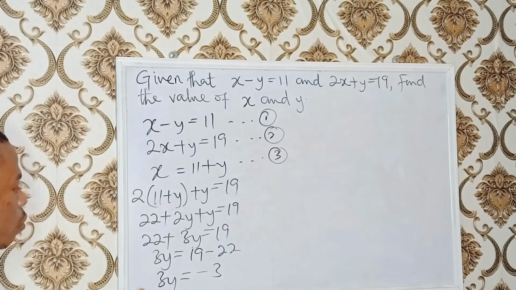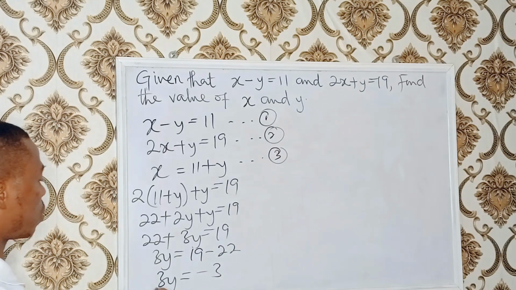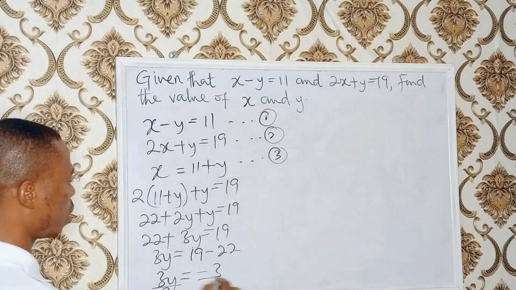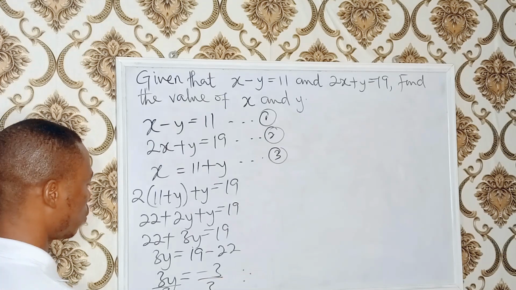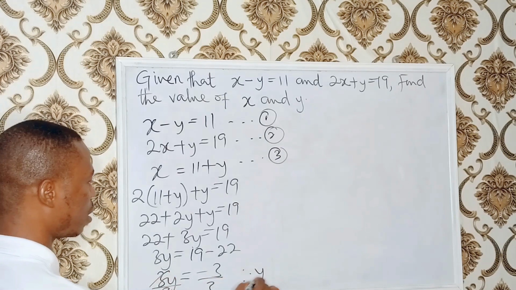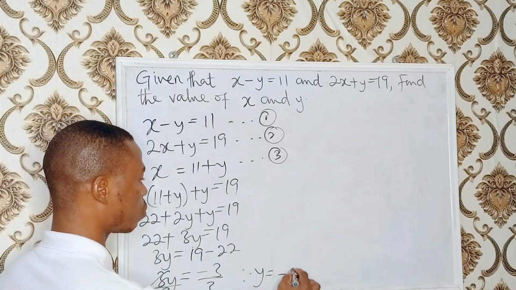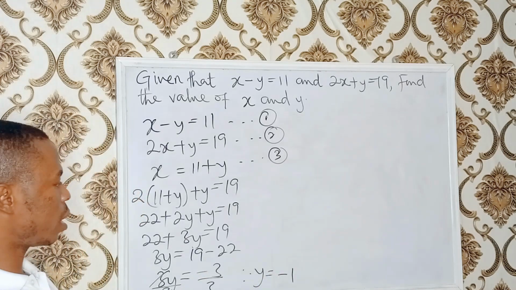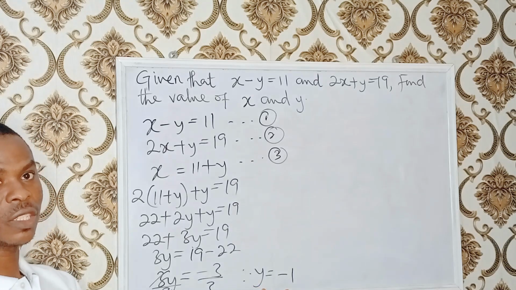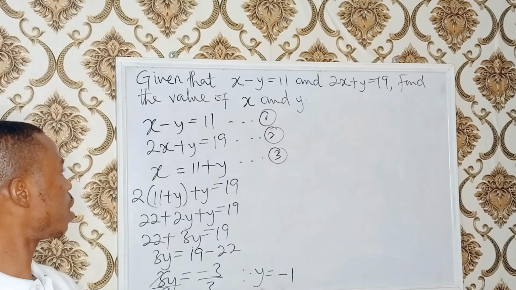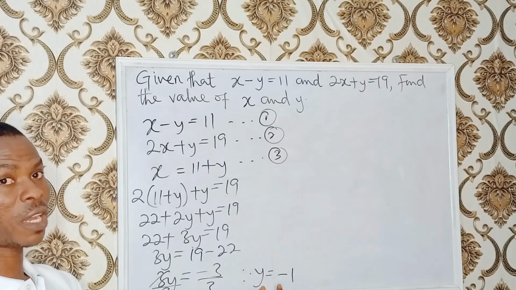Alright, so now for us to find y, we divide both sides by 3. Okay, so 3 divided by 3, we have y left, and then minus 3 divided by 3 gives us minus 1. Okay, now that we found the answer to y, which is minus 1,